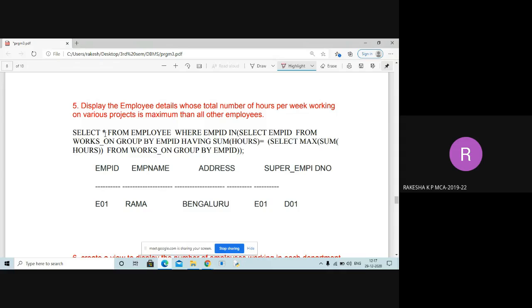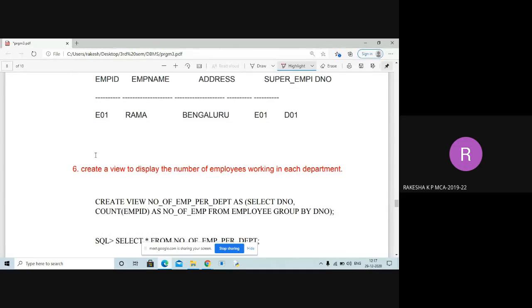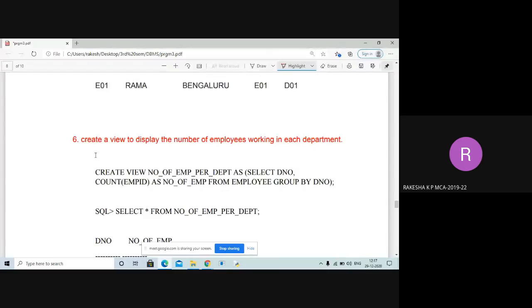And using this query, select start from employee where employee ID, and select employee ID from works on group by employee ID having sum of hours, and select maximum hours from works on grouped by employee IDs. So here I get the result,